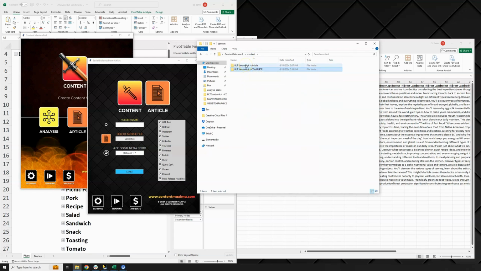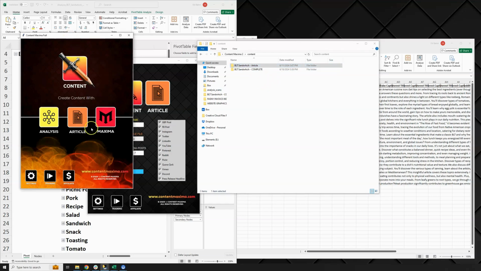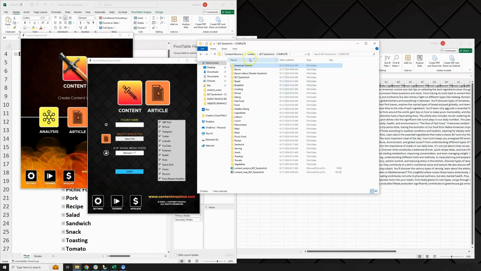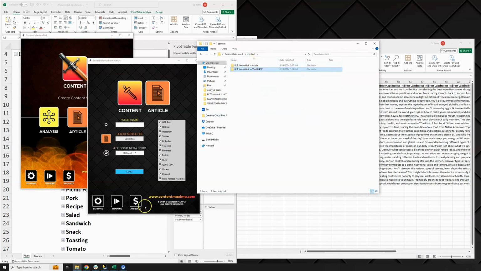If you run something multiple times, it's best to rename the folder before you run another round, because we don't want it to overwrite what was already done and lose that content. So just be cautious of your folder names or your keywords when you're running the content module, just so that you don't overwrite anything. But the content module's output will always match the number of posts that you put in